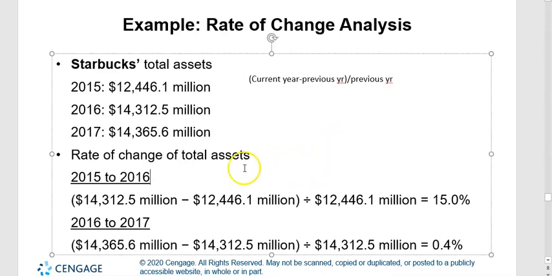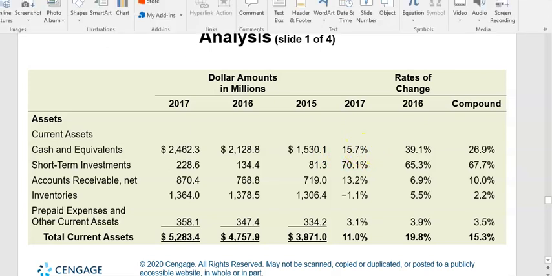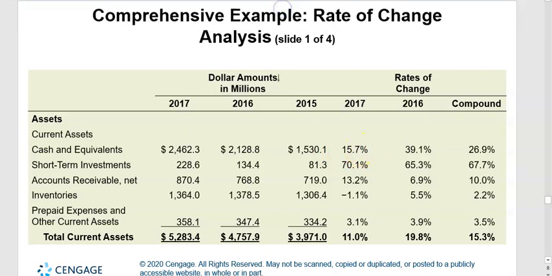And that's how you do the rate of change. And you could do that to the balance sheet. Later on, we'll do it to the income statement or whatnot. Okay, so if we look at this right here for cash and equivalents for 2017, this number, this 15.7, is going to be, we're looking at for 2017, so it's going to be